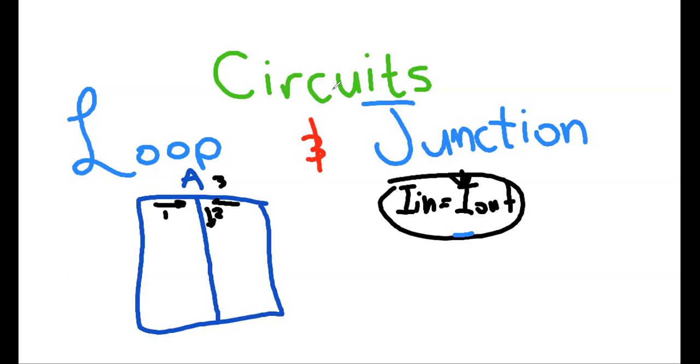All right. So you should have 1 as your junction rule, which is I2 equals I1 plus,